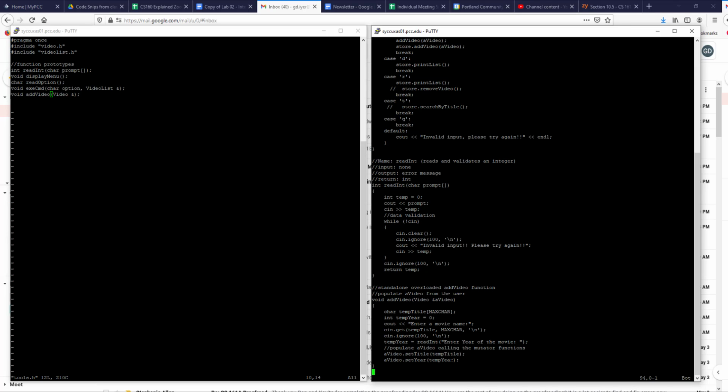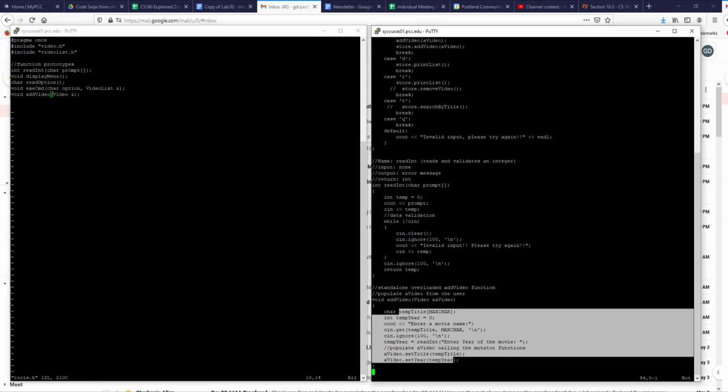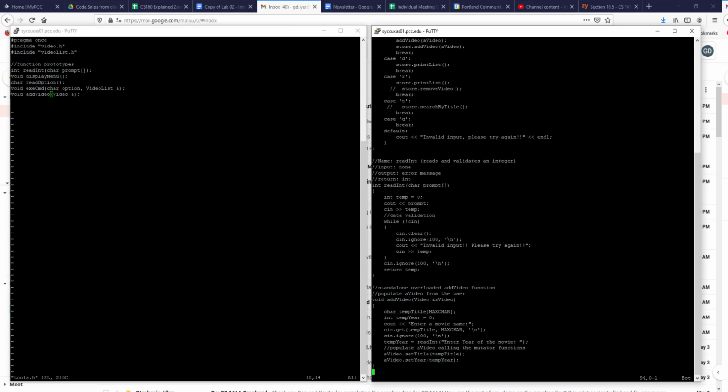Here, all the way at the bottom, this add video takes a video by reference, again, by reference because it gets filled in, and when it goes back here on the top, it must come back filled, and then I take that and send it to store.addVideo, the object's add video, which we did in our video list class. Okay, we'll take a look at that.